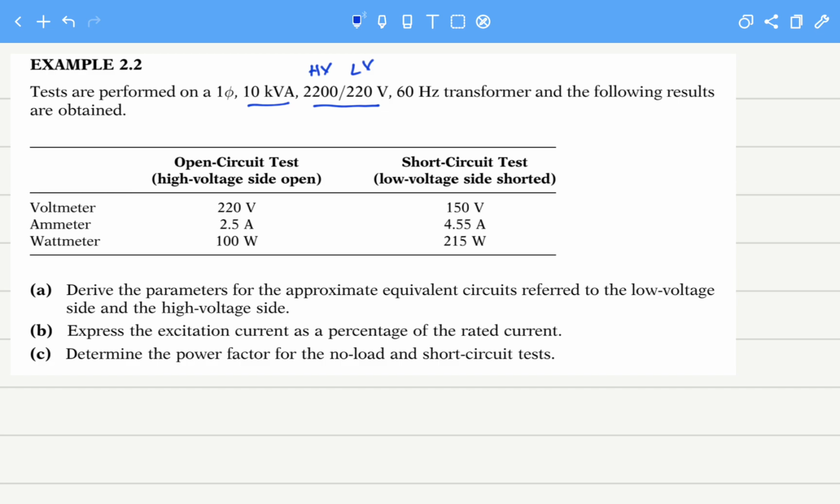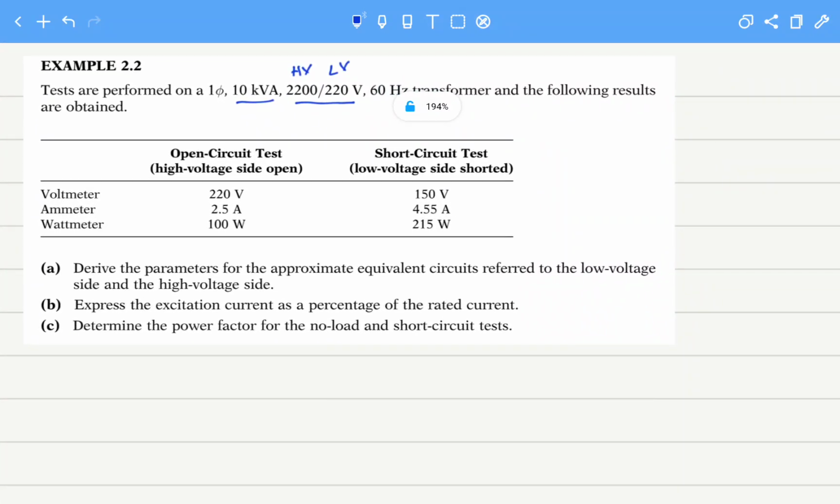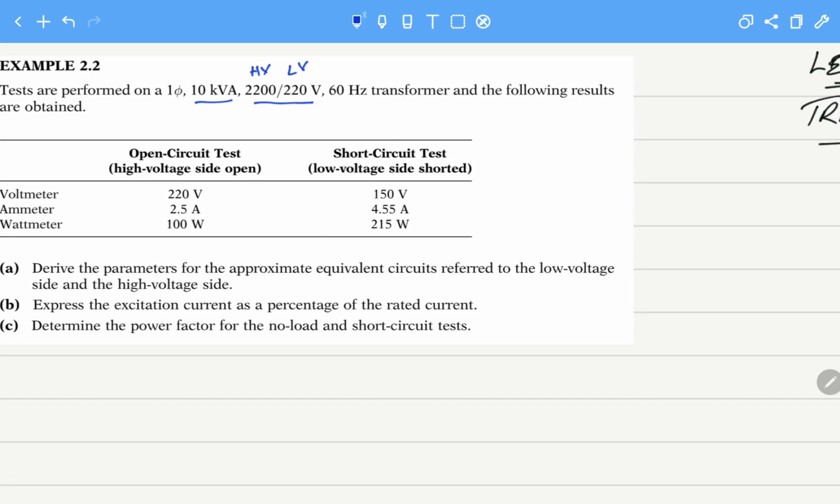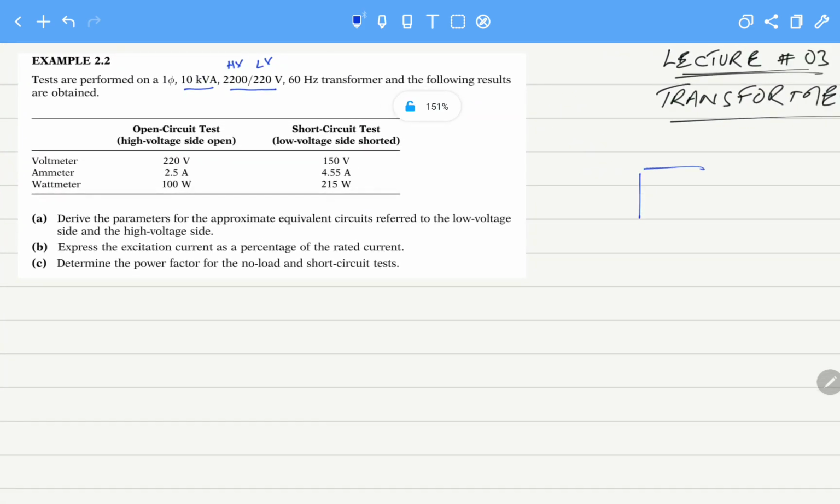Here the tests are given in a slightly confusing way compared to how they are covered in the theoretical aspects. First of all, it says that the open circuit test was conducted with the high voltage side open. So for example, if we have a physical transformer and we were performing the open circuit test, the high voltage side was opened,